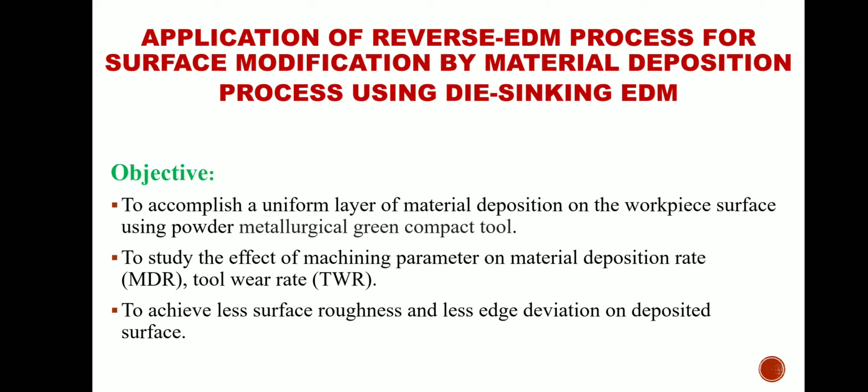Surface modification is a process of transfer of the materials, and it can be performed by depositing some extra material. The extra material required can be provided by the EDM tool electrode by adding powder materials into the dielectric medium. The tool fabricated by the powder metallurgical, in short PM compact tool, either green or sintered, is capable of supplying sufficient amount of materials to deposit onto the work surface.